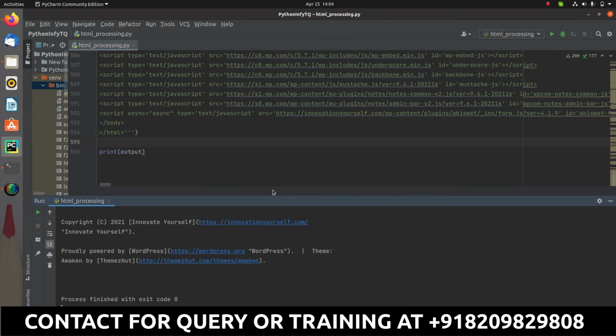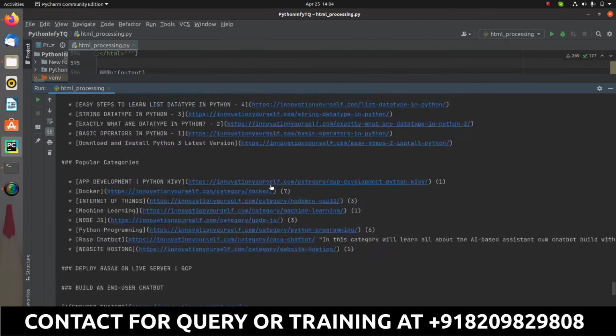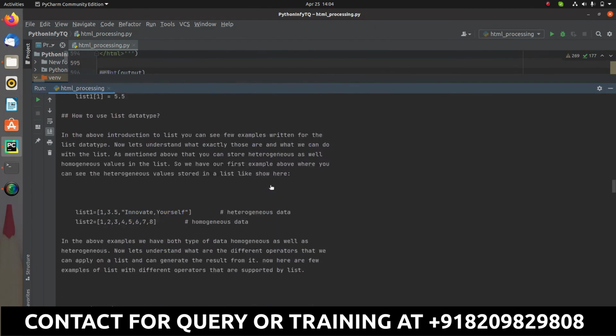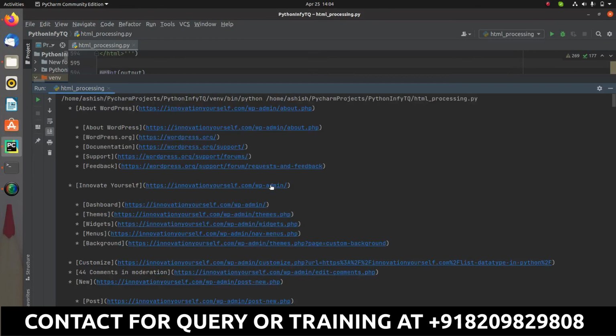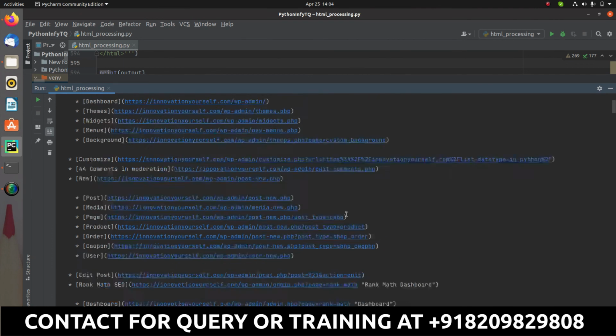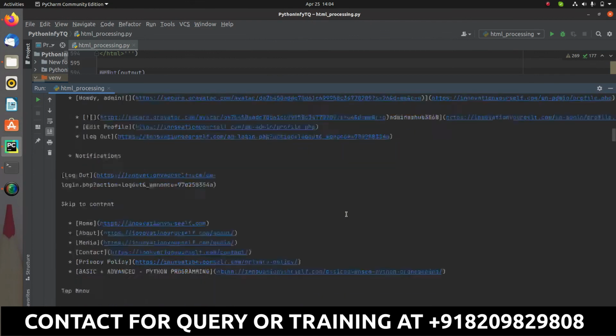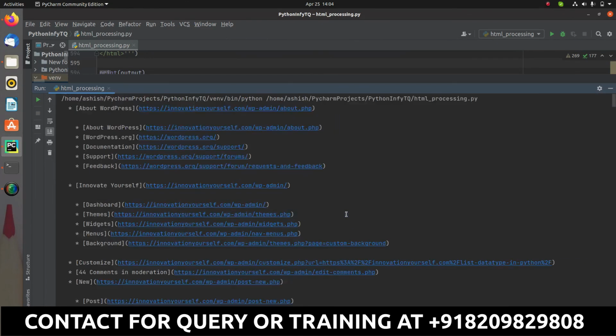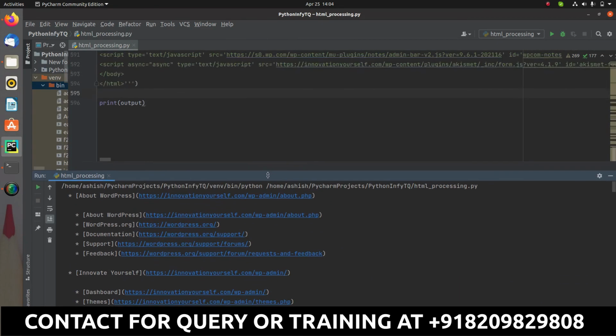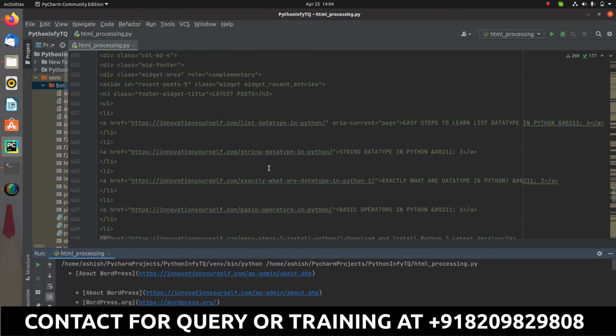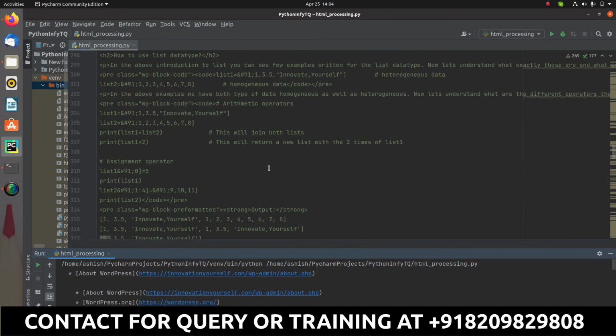So you can see now whatever data, whatever code you were having in there, based on that, whatever information you have inside the page, whatever information you have on that page, all the information you have right now, and all the information are not in the HTML format. Instead, that is in the normal format. It's a normal format through which you are just getting the output, right? So this is the way how you can collect the information. This is the way how you can convert your HTML code to the normal text. So this is all about it.